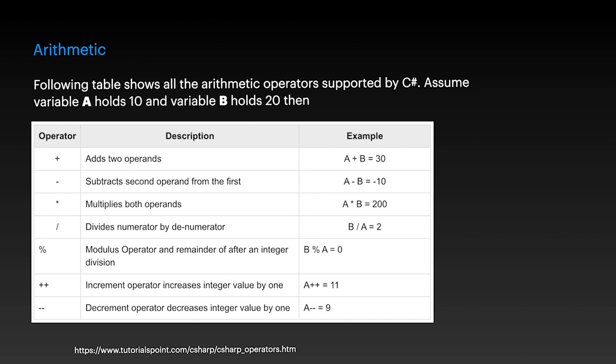So modulus. Modulus means what's the remaining, right? What's the remaining? Because it divides evenly, it's 0. Modulus. Increment means that A equals 10, so plus plus means add 1, increment the value by 1. So A plus plus equals 11, 10 plus 1 equals 11. A minus minus equals 9, 10 minus 1 equals 9. Right? So those are really basic operators